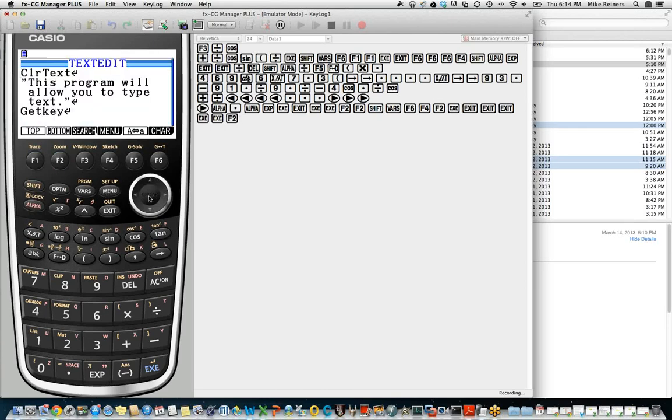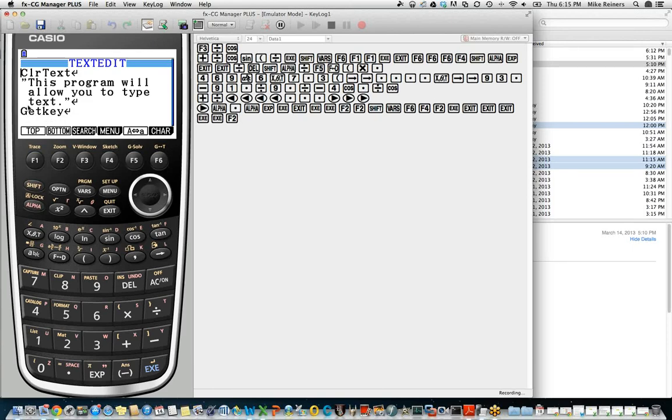Well, let's edit our program again. One of the things you need to understand about GetKey is that it returns a code based on the last key pressed. So we first need to give the user the opportunity to press a key, and then we need to run GetKey to say, what did they just press?